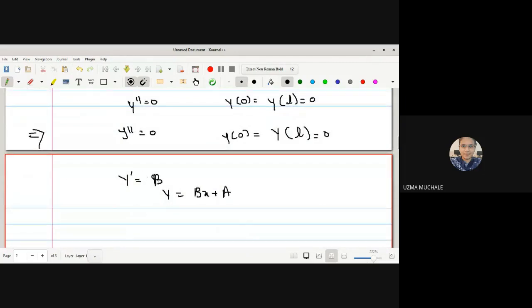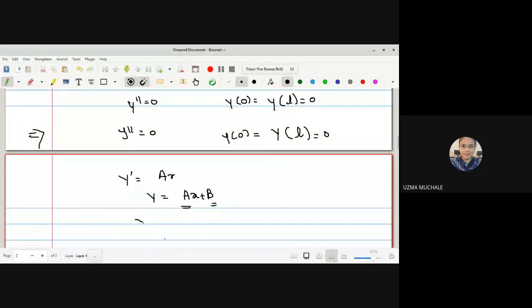Okay. Instead of writing that, let me write this as a, and the solution will be y dash is equal to a. Again integrating, we get y is equal to ax plus b. What is our aim? To find out the values of those constants a and b. Okay, now if you are going to put up this boundary condition, what will be the solution?